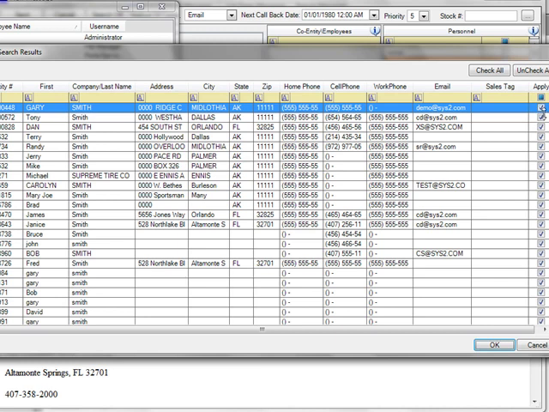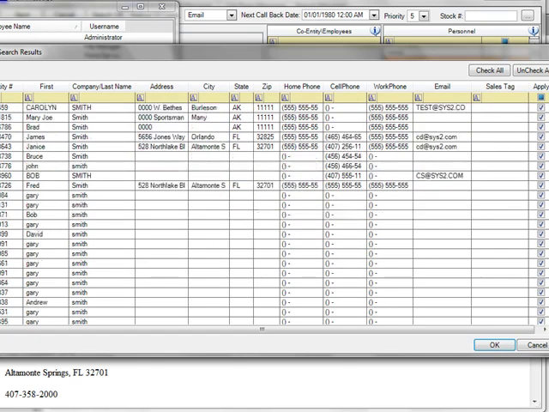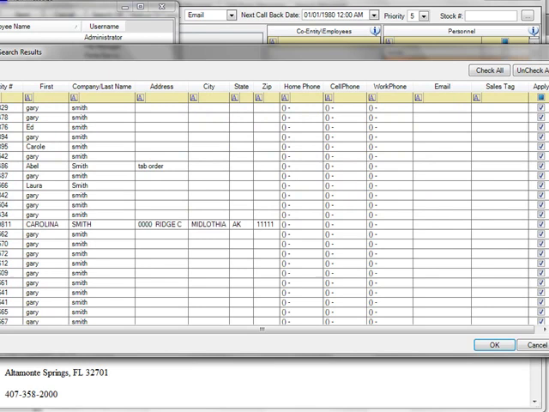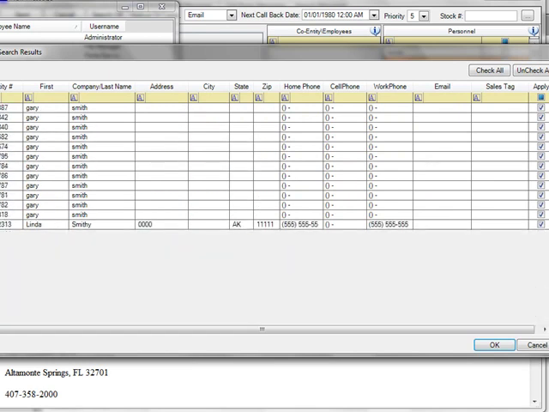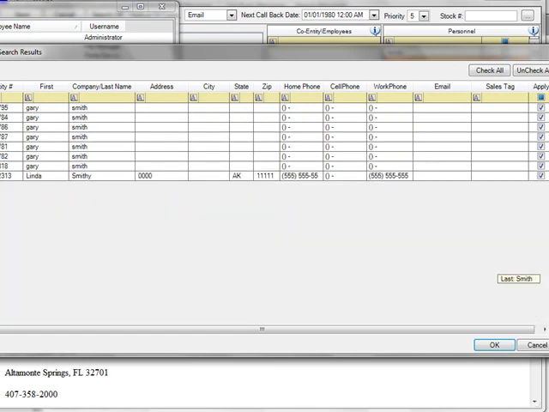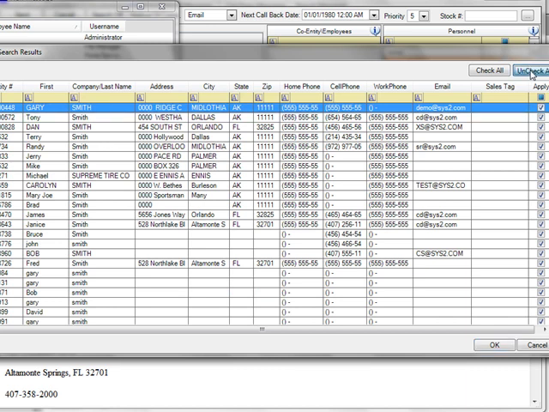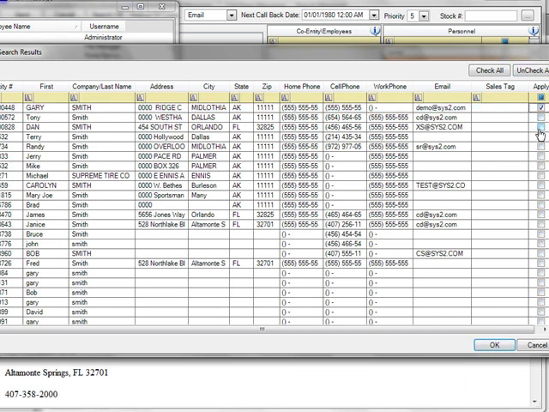Over here on the right hand side of our search results are a bunch of check boxes. They have all been checked. If I hit the OK button, I am going to send an email to all of these test customers that are in this test database. I can click Uncheck All, and now I can select the ones that I want to send to. And when I hit OK,